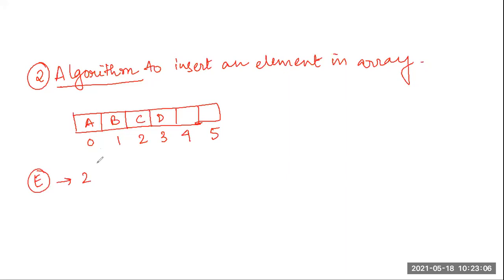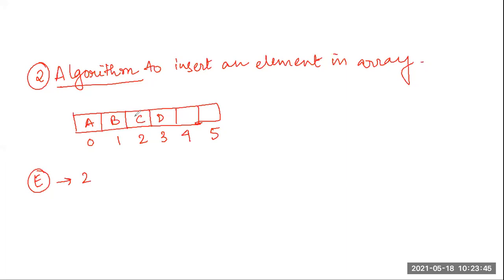So how can you insert? Can you just insert one upon the other here? No, because this element will get deleted. Deleted means, in C, a variable can hold only one value at any particular time. So if you insert element E at this location, C will get replaced and E will be placed above C. So element C will lose its identity, and that is not acceptable.